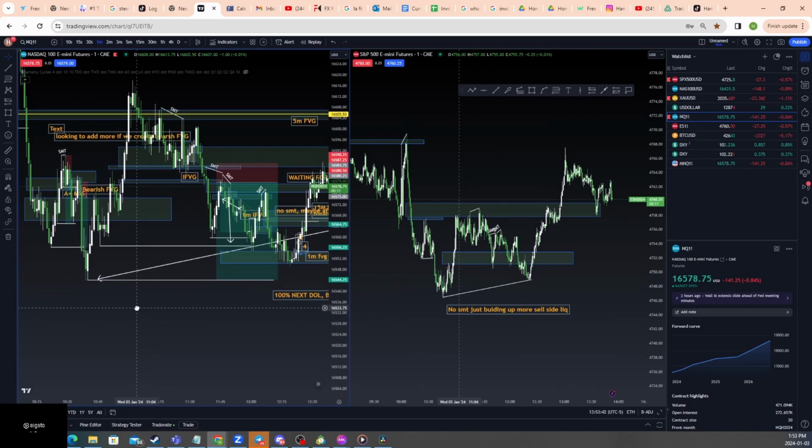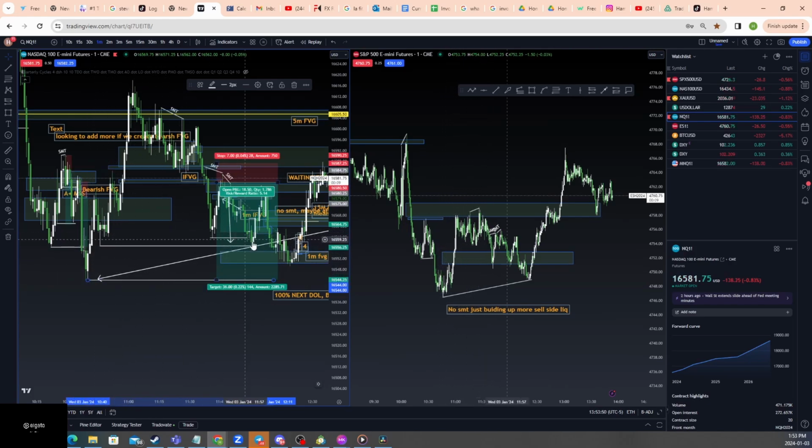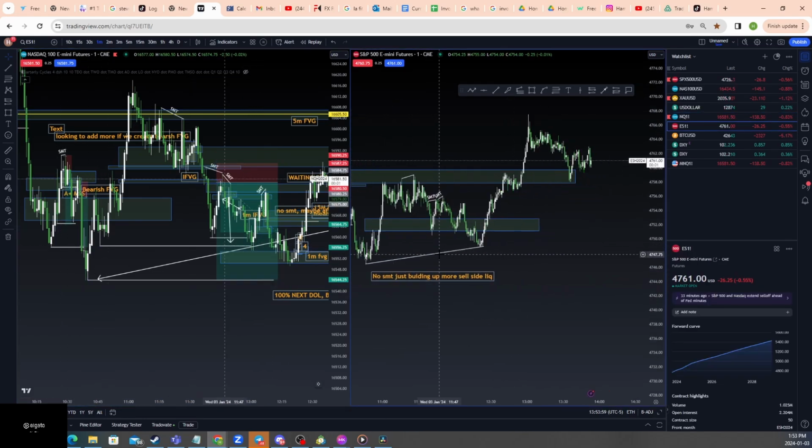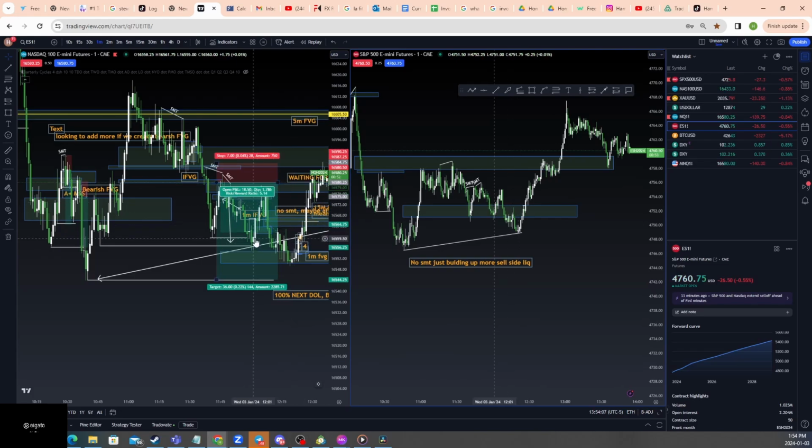Although I was very certain, with high conviction, that we would take out this low, which is why I had a good amount of contracts to get taken out here, I did still keep in mind that we could potentially have a reversal here, which is also why I took some contracts out here as well. But to make this an even better trade, I should have looked closer into the SPX 500 and seen that we did have a bullish SMT that formed, and the moment that price started to come back down and everything,